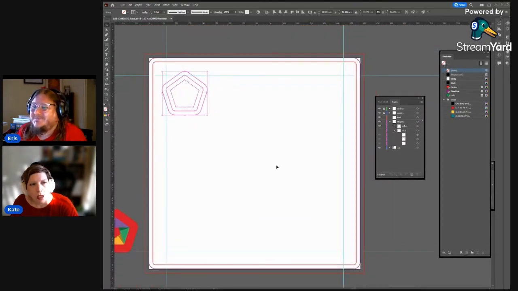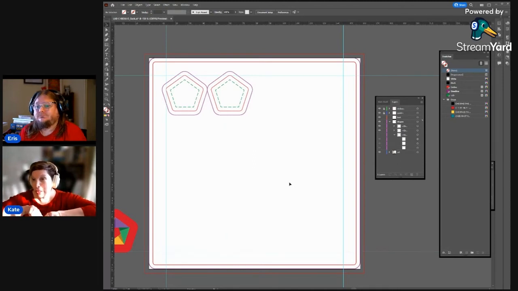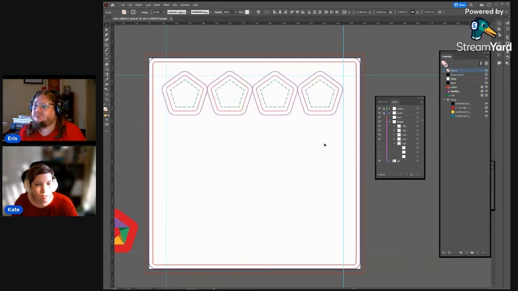So the next thing that we want to do is basically duplicate this shape. The bleed lines, we don't want them to cross over. We want them to butt up and touch. If we had our bleed lines crossing over and the tokens were different colors, we could end up accidentally cutting a little bit of color out of a different token. So the bleed lines shouldn't ever overlap each other. And I can fit 4 tokens moving across.